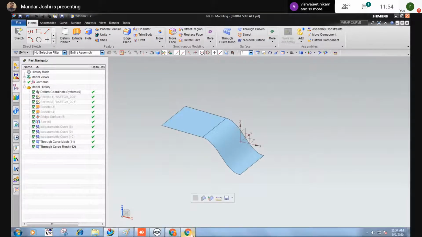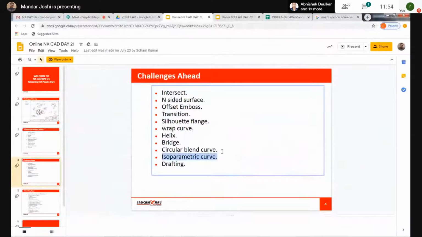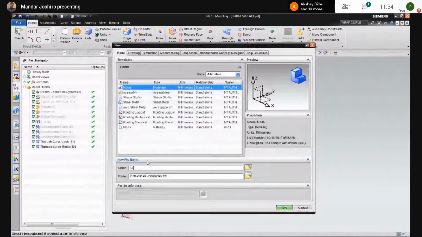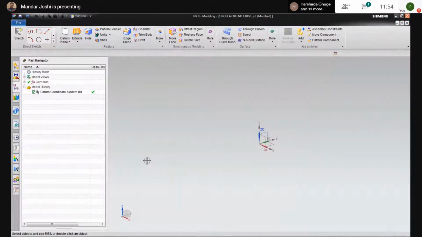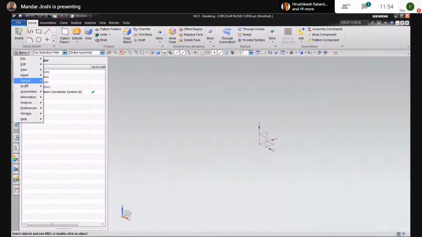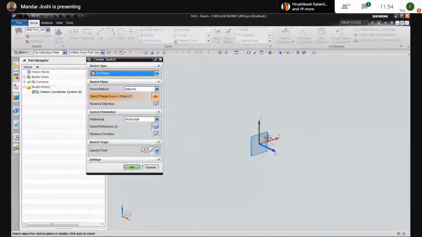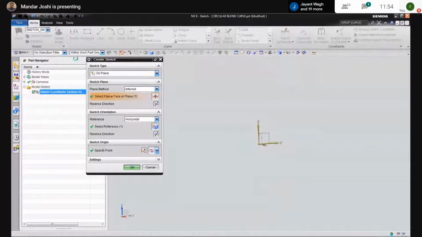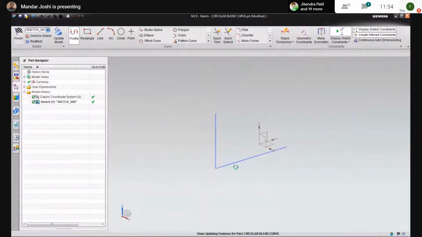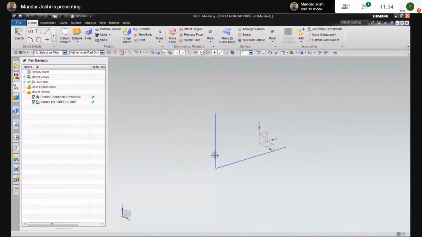After that, the next option is circular blend curve. To create a circular blend curve, suppose I generate one sketch and I want to generate a fillet between these two.